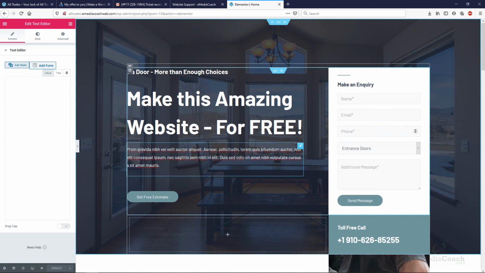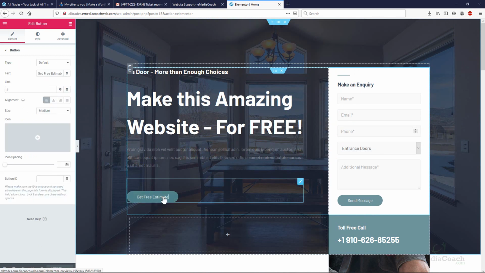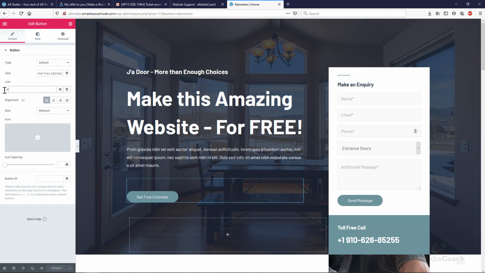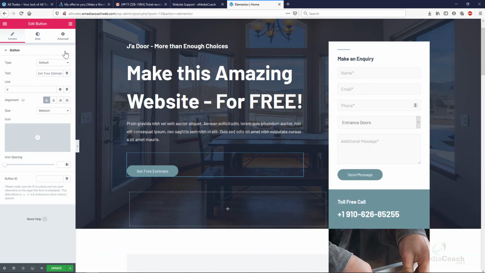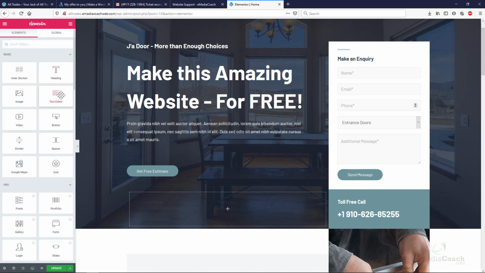So text, buttons, you can enter the link for a button, the alignment, any icons, and even colors and style. And there's a whole bunch of customizations you can do, which makes it really powerful. Now, on top of that, you can also click on these dots over here and add any new elements in there. So if I want to drag in another text